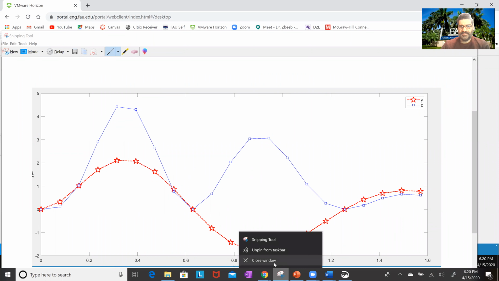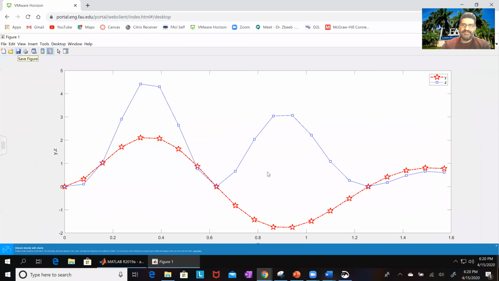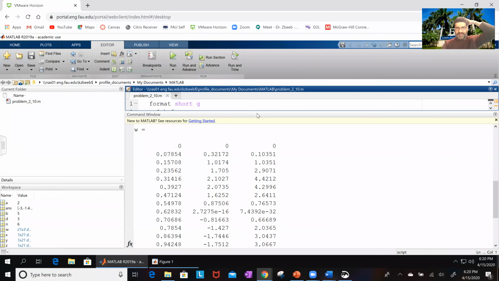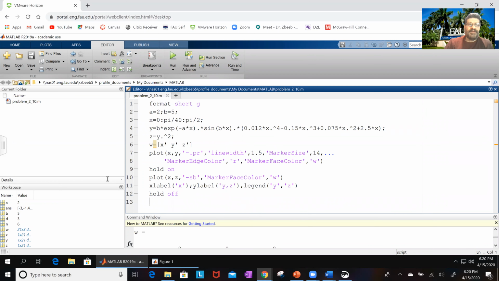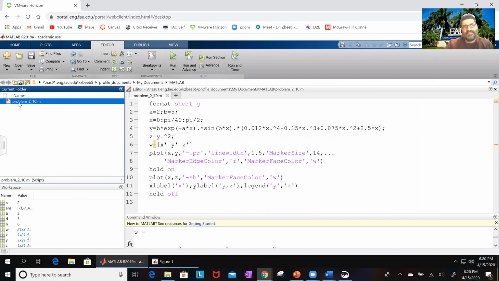This one here, no saving. Going back to MATLAB here. Right, and if you look at this problem here, problem 2, that is the M file that I needed to save as well, and also put all of these problems. For example, if you have 210, 212, 213, whatever